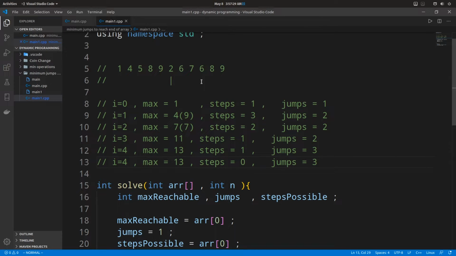So now our steps will become 0, and here the maximum reachable index will not be 2 plus the current index, that is 5, because the current maximum reachable index is already greater than the new index that we have calculated, so it will remain the same. So when we move ahead and the steps become 0, we make sure that when we reinitialize the steps, we are reinitializing depending on the max reach value of the previous element here.